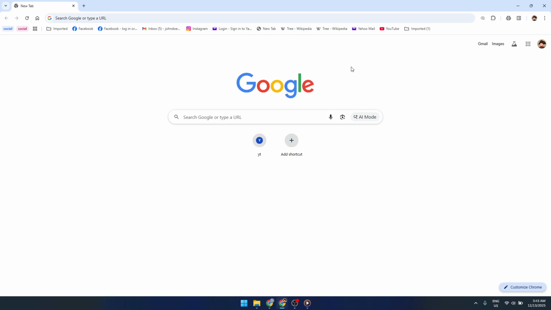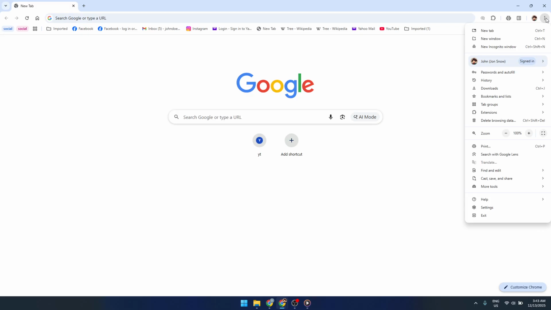Let's begin inside Google Chrome on your computer. At the top right corner of the browser window, you'll see the three vertical dots. This is often called the menu or overflow menu. Go ahead and click that. This menu is where Chrome keeps most of its tools and settings, and it's where you'll find the options for